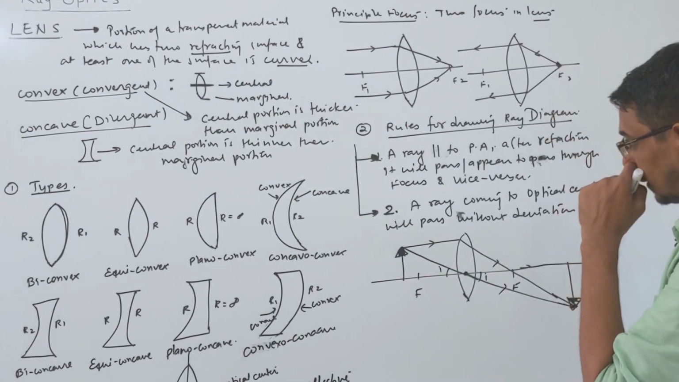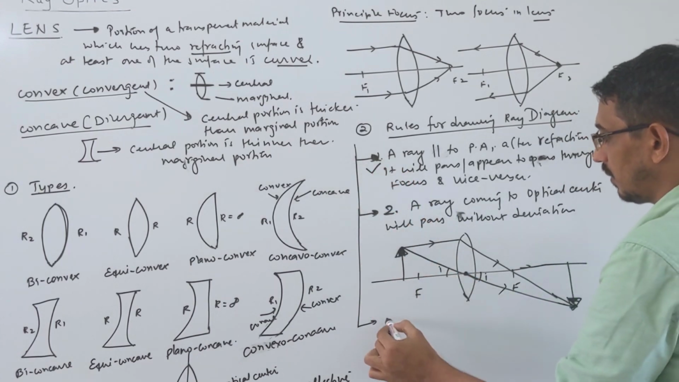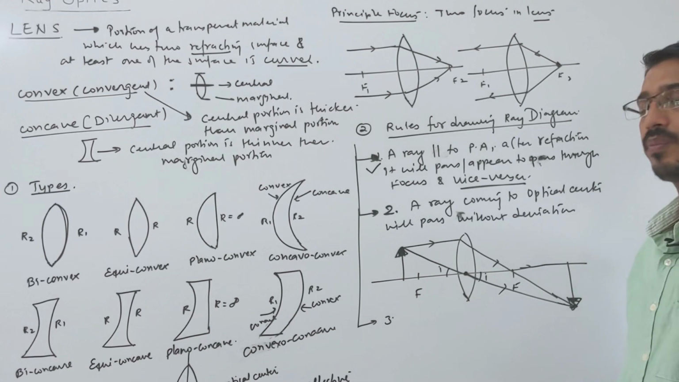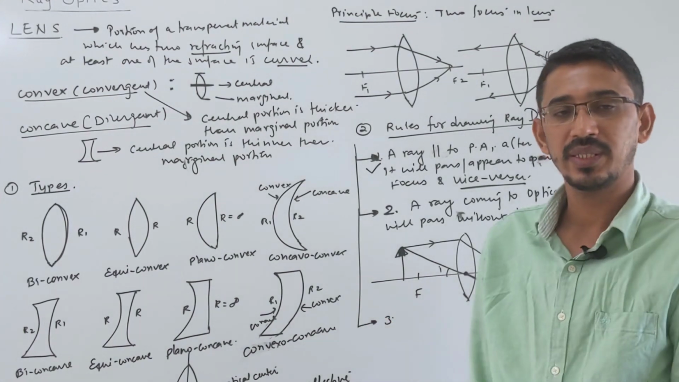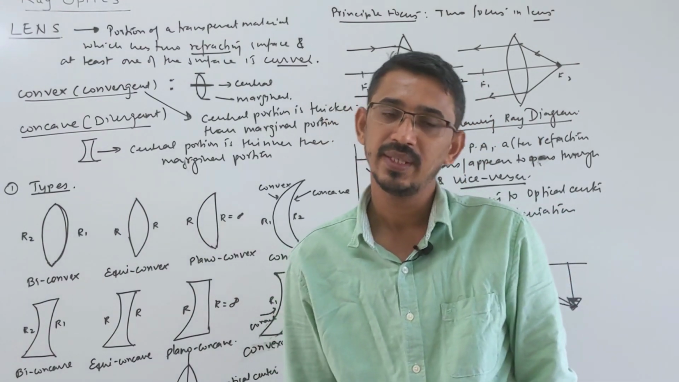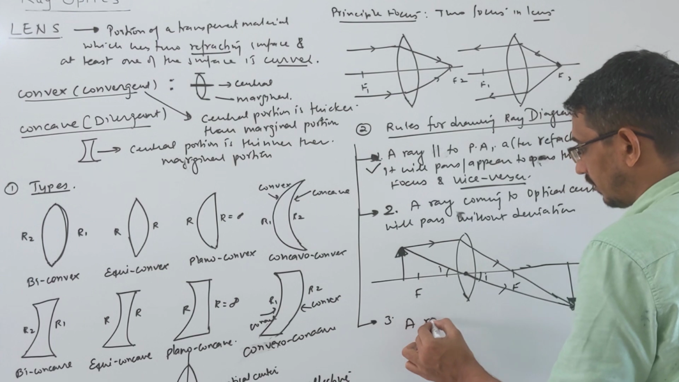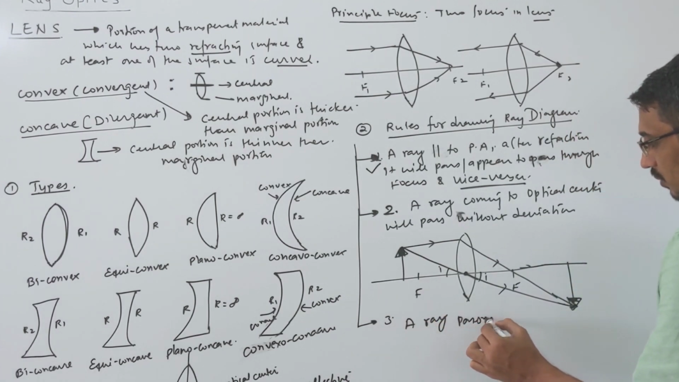Then if you want to write the fourth rule, actually two rules I wrote here itself. I just wrote vice versa here, the opposite is also true. A ray coming to the optical center will pass without deviation. And one more rule we have learned, remember, a ray passing through the center of curvature. Yes, exactly the same rule here also. Suppose a ray passing through